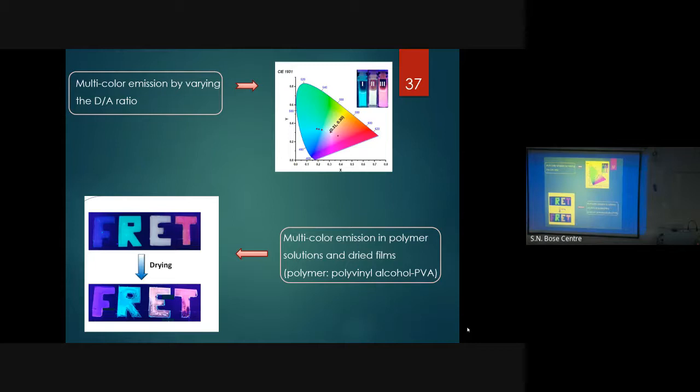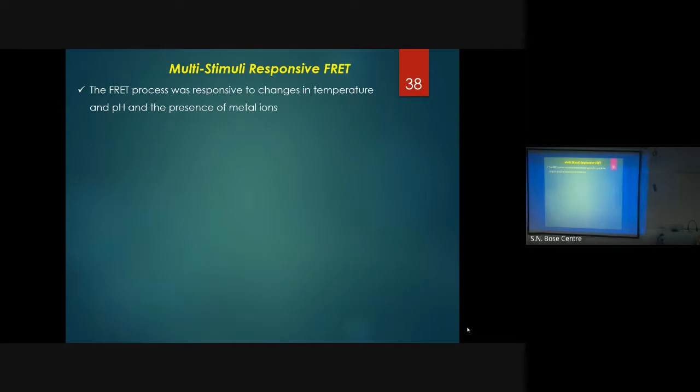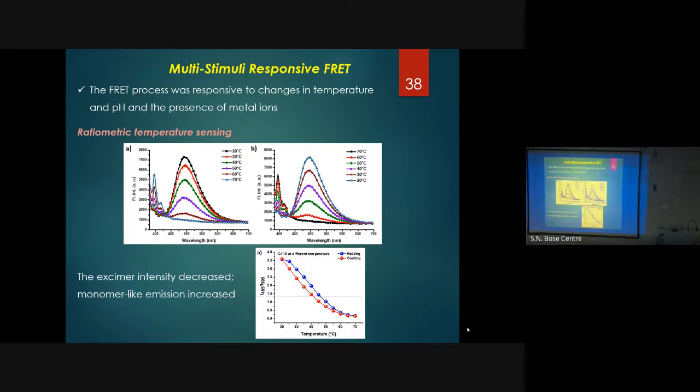You can also make them as a kind of film. This is in a polymer, polyvinyl alcohol. This is an aqueous phase polyvinyl alcohol, but if you dry it, you can still retain more or less the same colors. So this is not only useful for energy transfer in the solution phase, but you can also translate it to the film state. And what we figured out is that the FRET process in these ATP-based co-assemblies was also modulated by different stimuli. For example, if you look at this co-assembly, obtained from C10 and ATP,